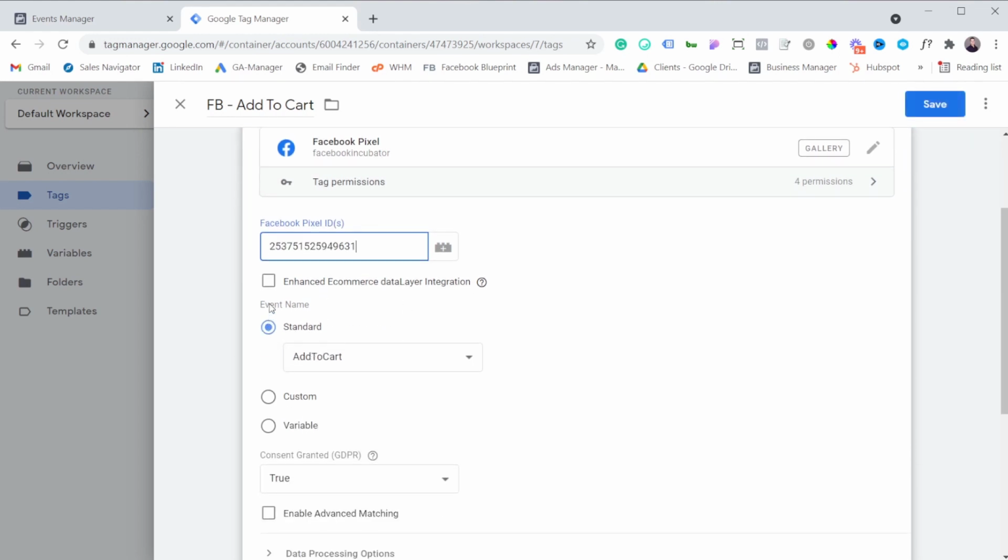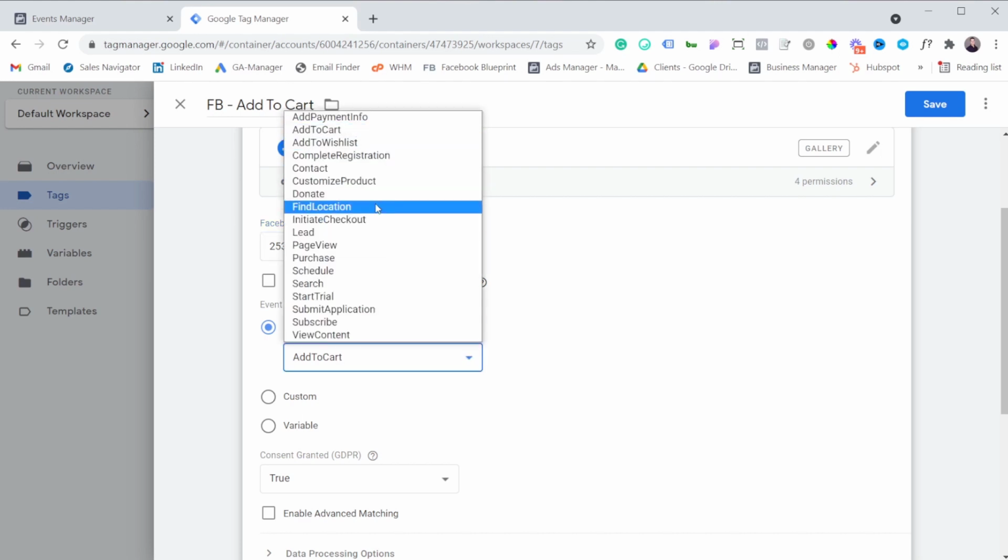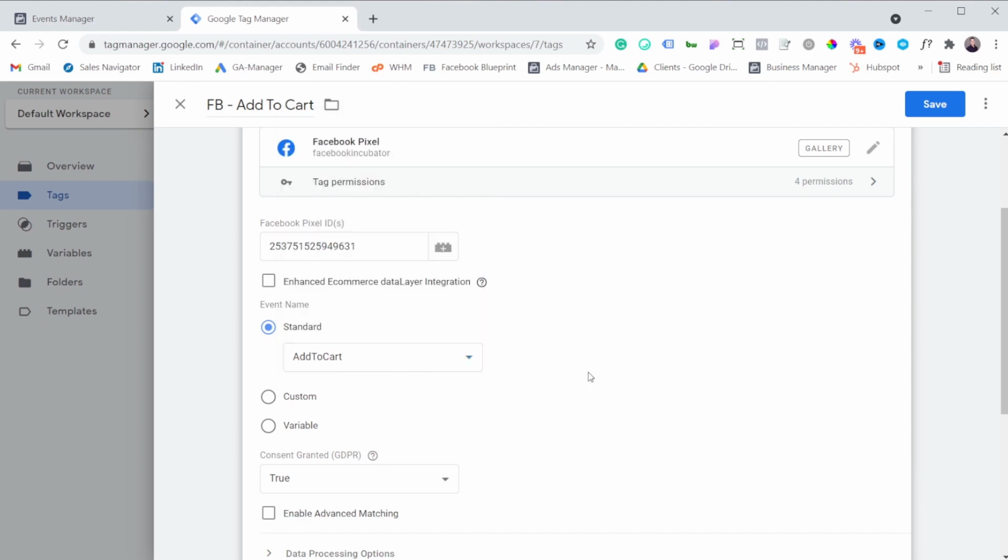Now here we have the event name. So you can use a standard event, a custom event, or a variable, which is a little bit more advanced. But let's start with a standard event. So if you are not sending add to cart events, or you don't want to send add to cart events because you're not an e-commerce store, you can just click this and change it. Right? You can send a lead event, you can send a contact event,